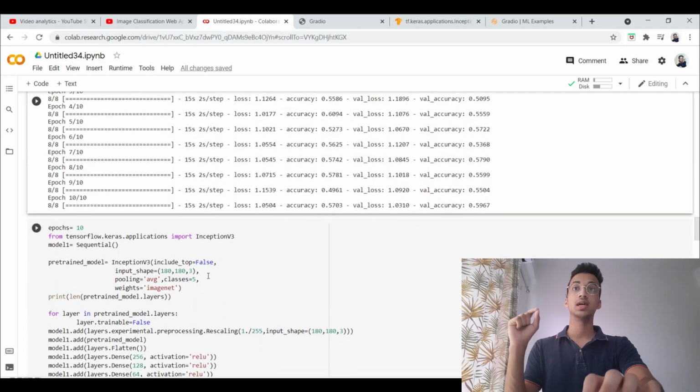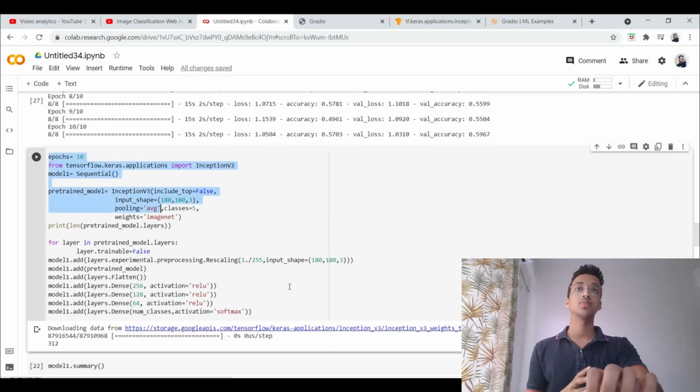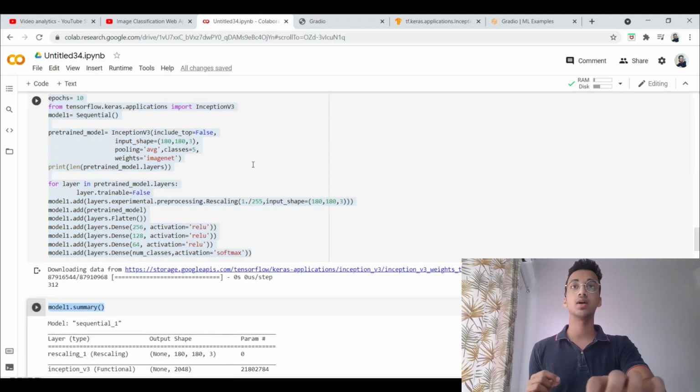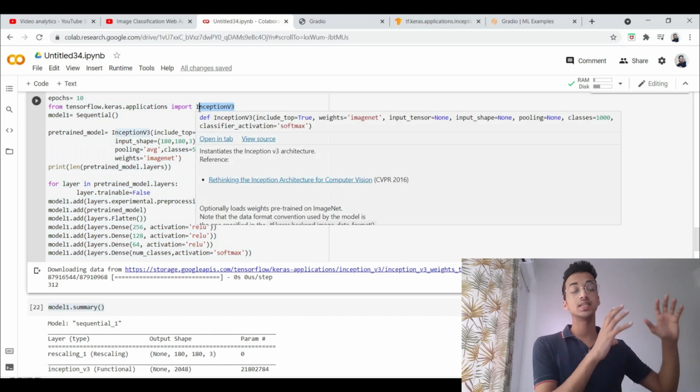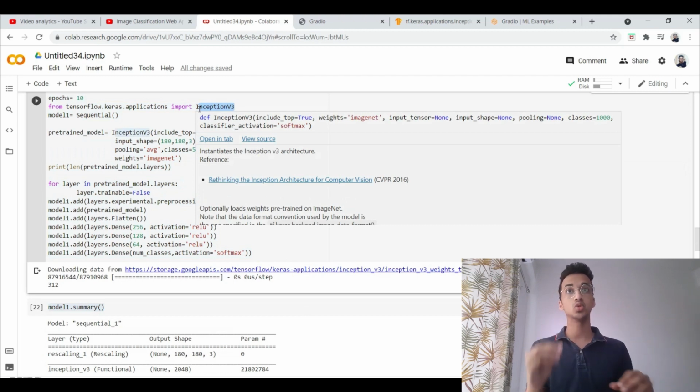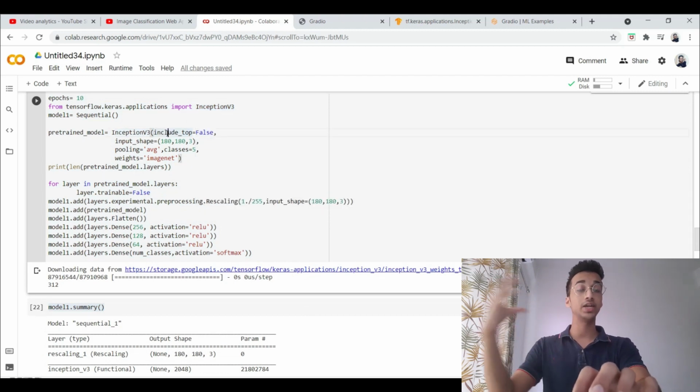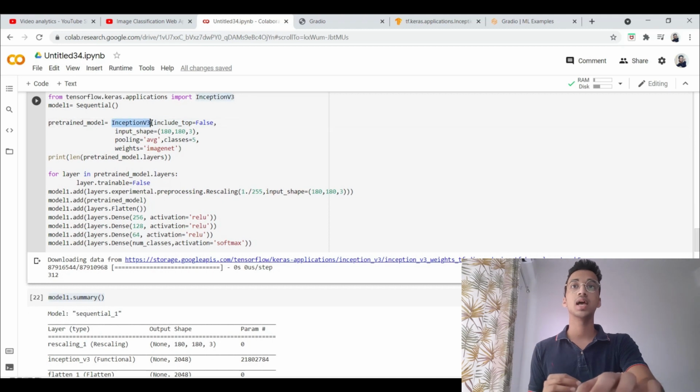This is the second, pre-trained model that I'm using. When I'm importing Inception v3, I'm importing the pre-trained Inception v3 model directly and using that. I've already made a video on transfer learning as well, so if you don't know that, basically I'm using a pre-trained Inception model. I'm defining the input shape as whatever my image size is and classes as 5.